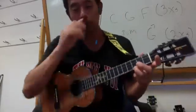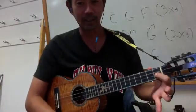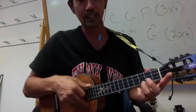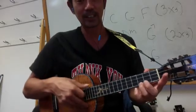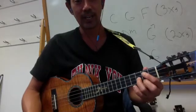So now the chords are the same. C, G, F, or this F right here. So I'm holding the C chord. C tap, D tap. One more time, hold the C chord. C tap, D tap. Then I change to a G chord, and I'm playing the